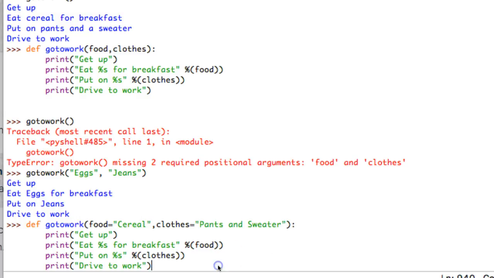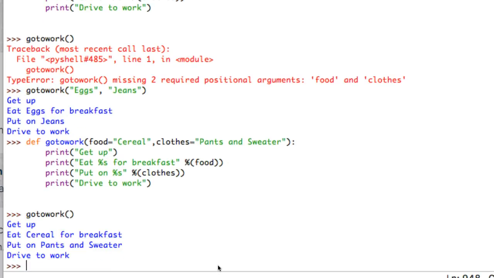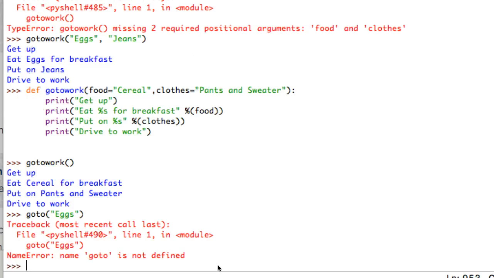All right, so now if I commit this one to memory, I can go back to saying go to work again. And if I don't supply any information, it will assume that I want cereal for breakfast and I'm going to put on pants and sweater. Now, if I supply just one thing, like that, it's going to take that as the first parameter. So I'm still going to put on pants and sweater, but I'm going to